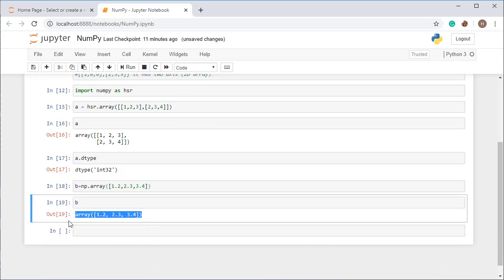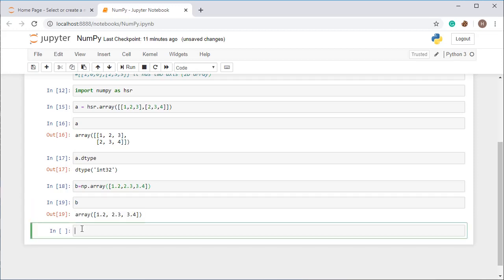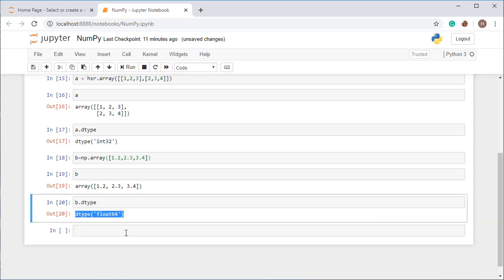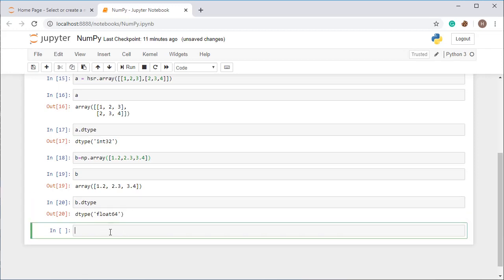Alright, so we have got the array of float values. When we check the data type with dtype, it will represent float64. Alright, so in this way we can create an array.